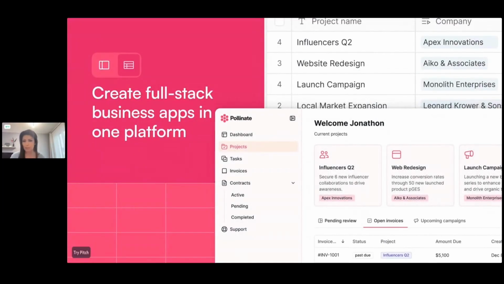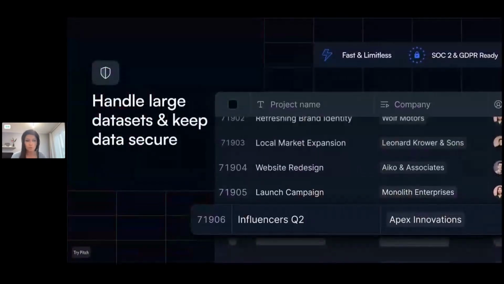With the application side, you can now create full stack business apps inside one platform. That enables you to be fast using Softr Databases, instant, and there are no syncing issues because it's a native integration. All in one, no need to learn and onboard with a new tool. It's very easy to share your databases as well as apps with your external or internal users without additional costs. And apps can also become a source of truth, combining the data from Softr Databases as well as other databases if you still want to use those.